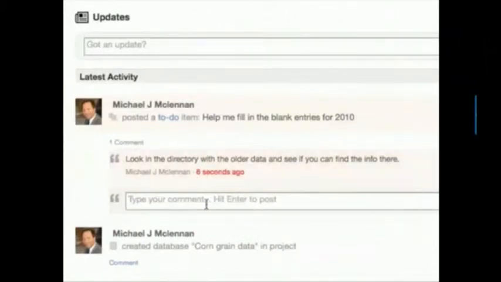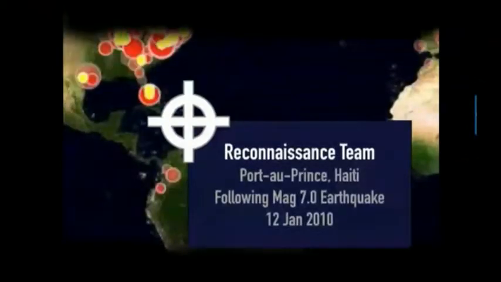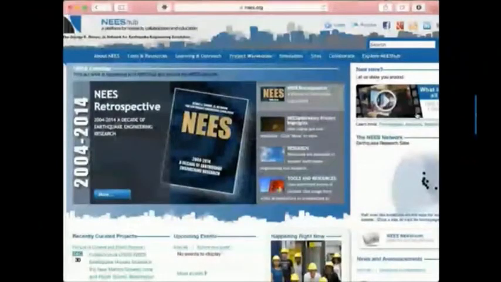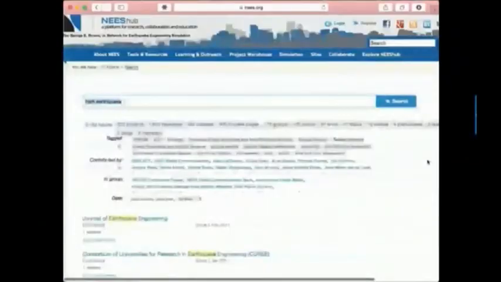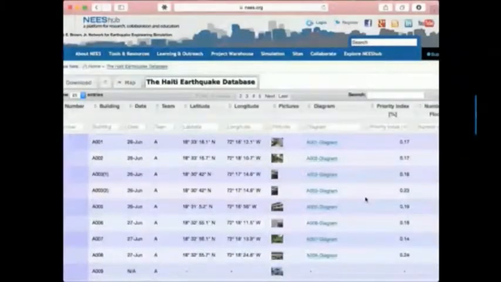You can see all the activity. Even if I didn't put updates up, the system is putting updates up about who joined, and all of that. Now, here's what a published database looks like. Here's a team that went down to Haiti after the earthquake in 2010, and they put their data on nanoHUB at nice.org. And if you go there and search for Haiti earthquake, you can find a bunch of things, including this live database. It's got authors, you can see the project team, you can see a little bit about a description, but if you click Data View, it brings up that live interactive database.